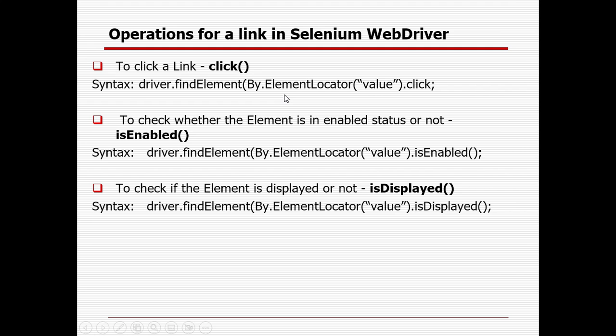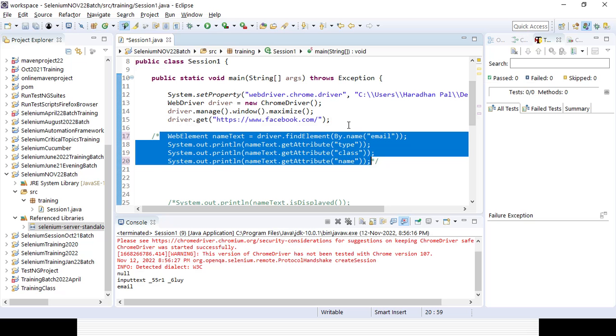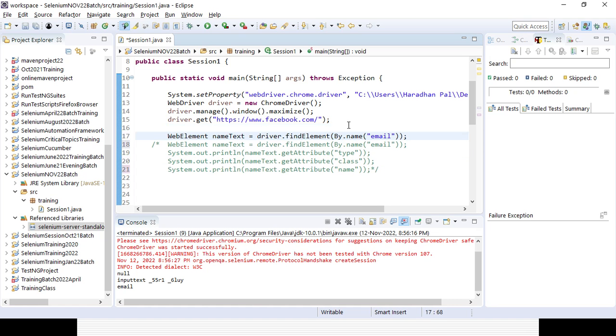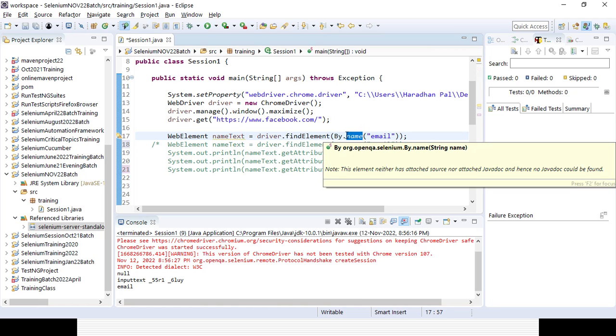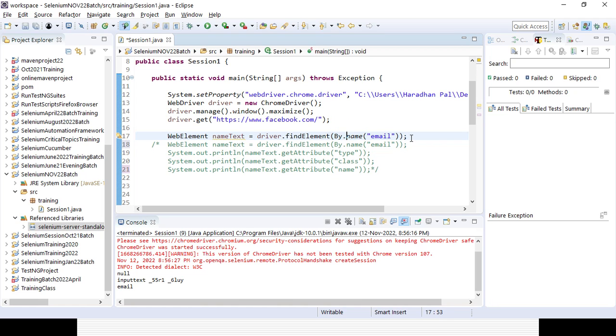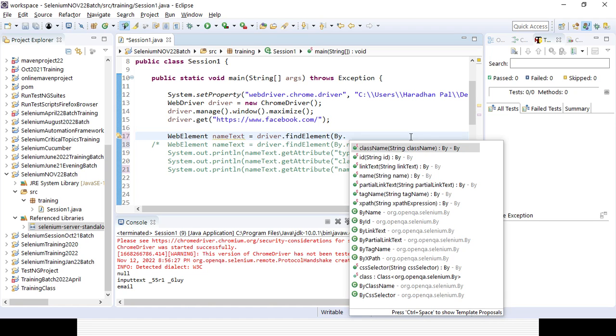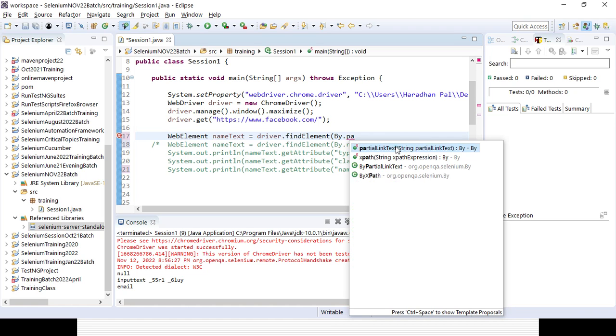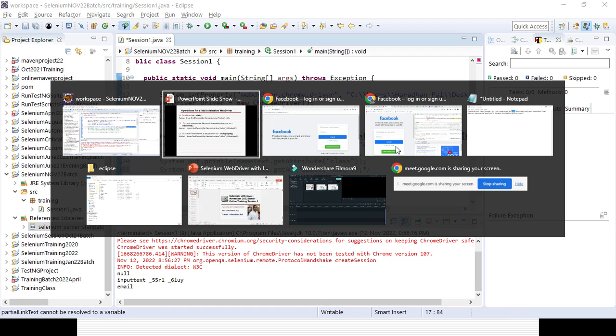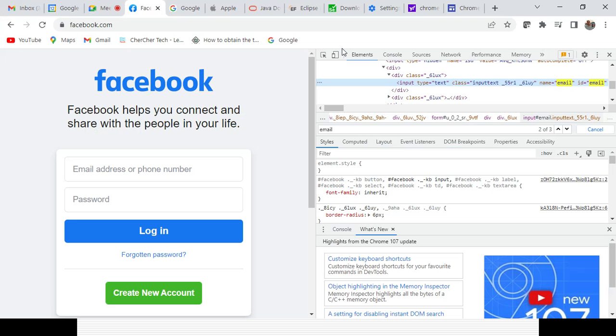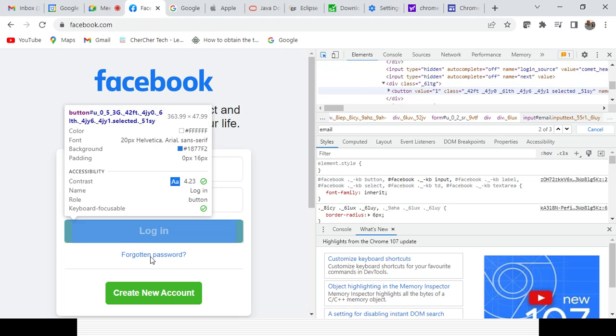Here I can use By dot linkText or partialLinkText, so I will give the partial part, right? So what is the part? Maybe you can give the forgotten part, which is the static one.